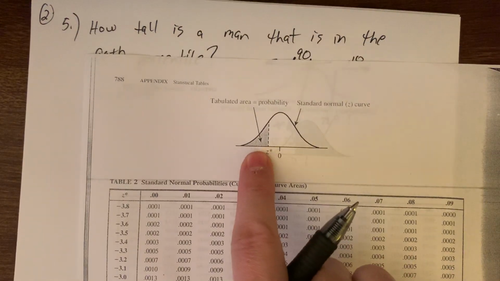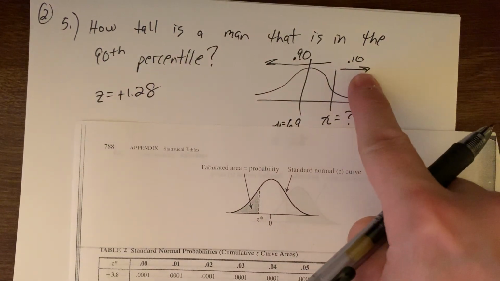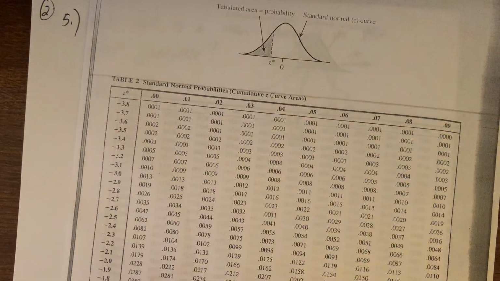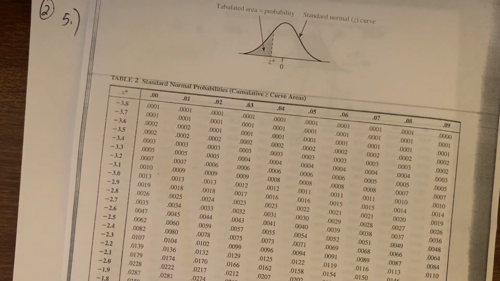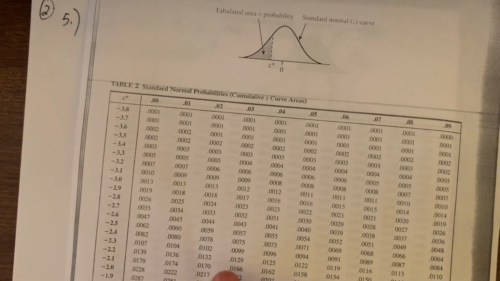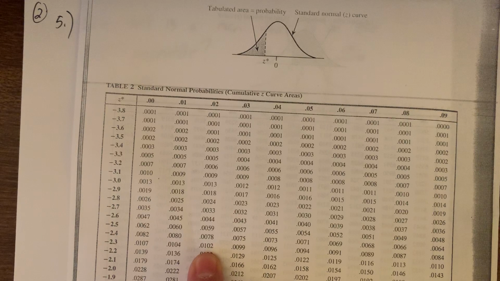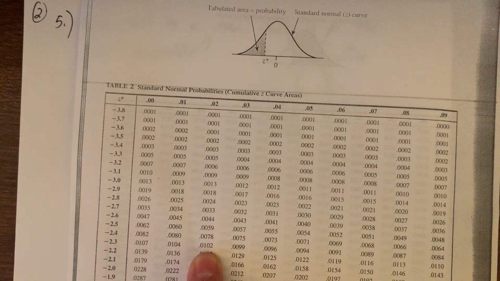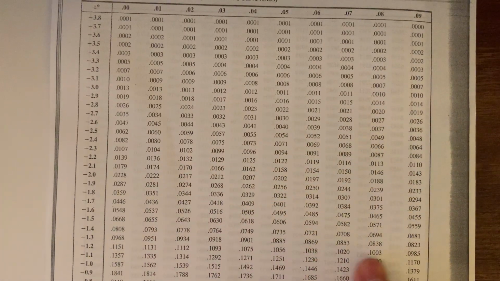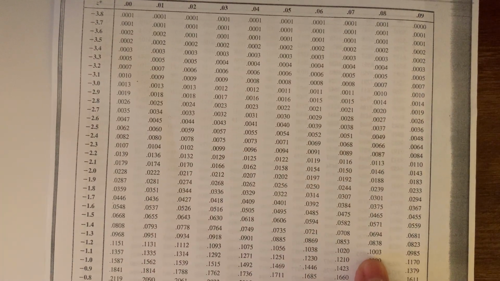Now, I'd be thinking of just the tail, so I'd be thinking of the 0.10, trying to find the closest area to 0.10. And be careful, everyone. It's so easy to go to a value like this one, and hey, that's 0.01, not 0.10. So be careful about that. So we're not here, we're here. There,